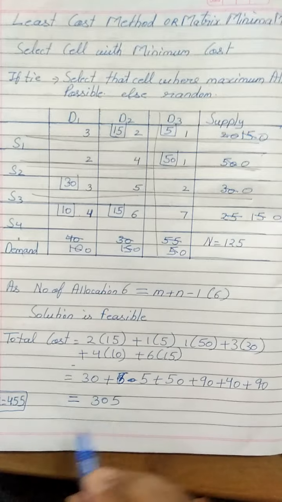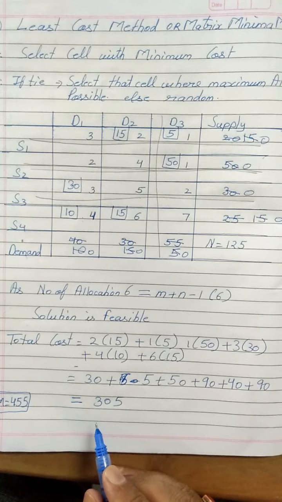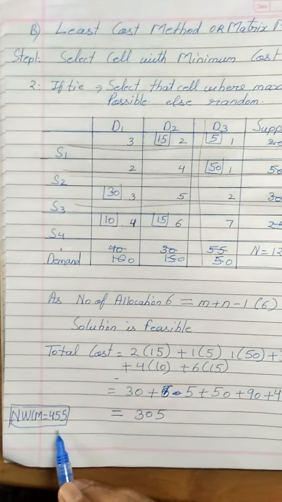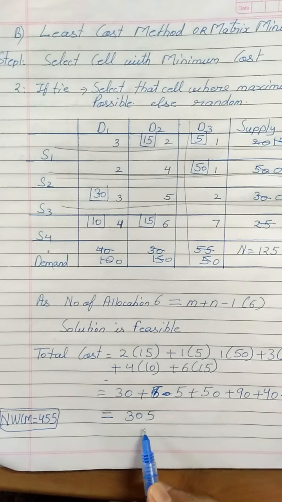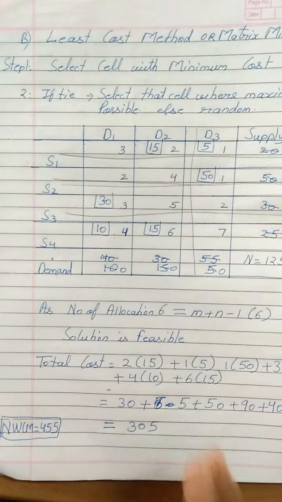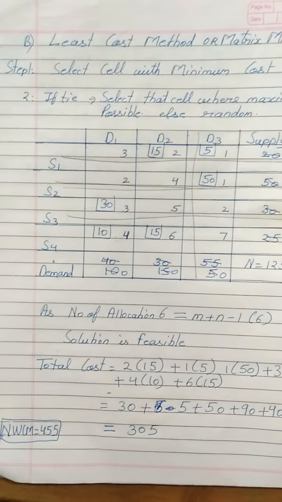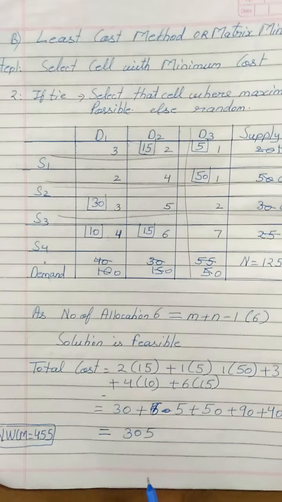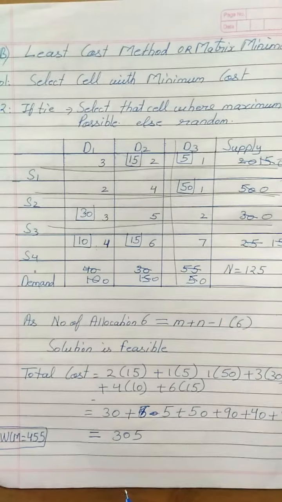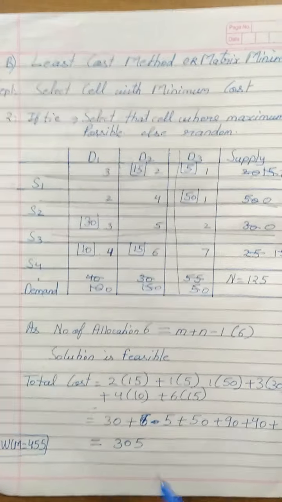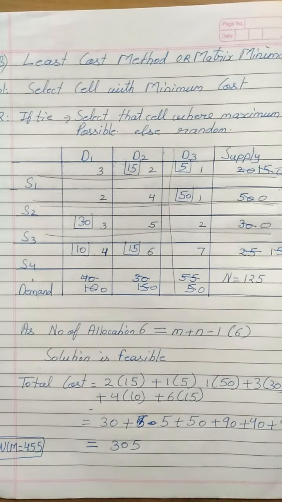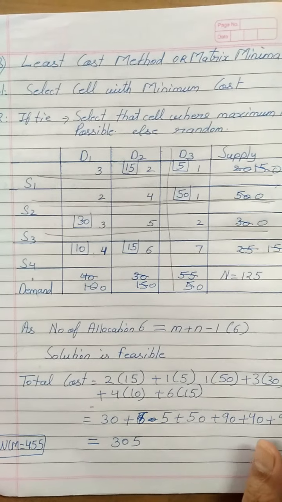In the earlier problem, by the northwest corner method, we got the cost as 455. Now if we use the least cost method, it is reduced to 305. So there is a variation. We can say the least cost method gives the lower cost of 305 in this particular situation. In a similar way you can solve all the problems which might come for 5 marks for finding an initial feasible solution. The least cost method is the simplest method of all.